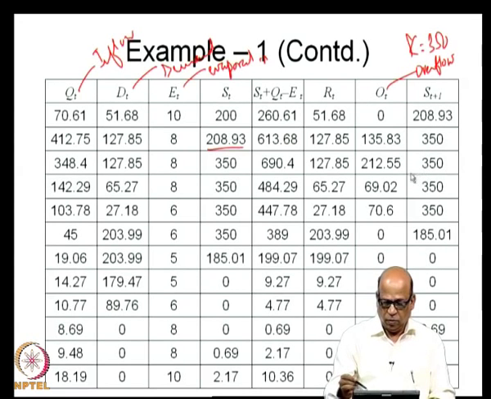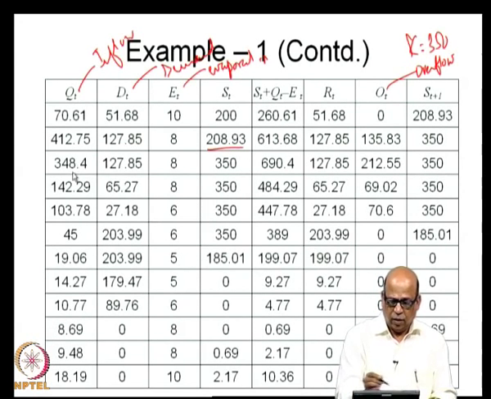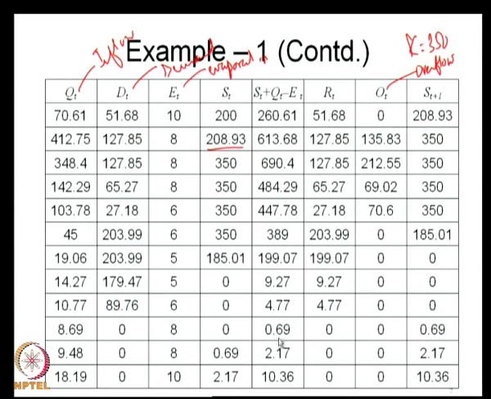So, this is how you simulate from time period to time period, and the end of the time period storage becomes the beginning of the time period storage for the next time period, and again you carry out like this. So, 350 comes here and so on, and then suddenly you hit a low inflow period. You look at this point here, the inflows were decreasing, and then suddenly you hit a very low inflow period, but the demands are very large, and you simulate it and look at the demands.